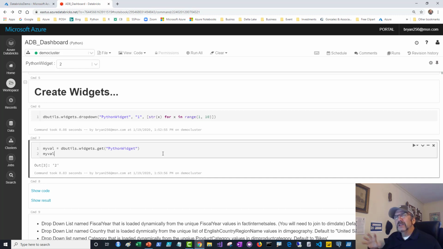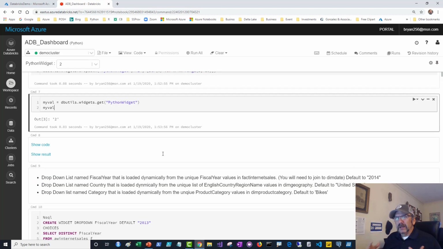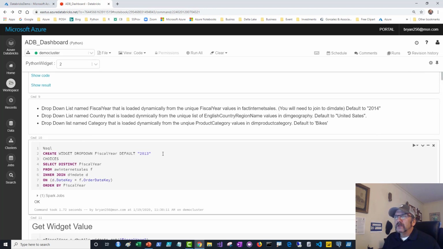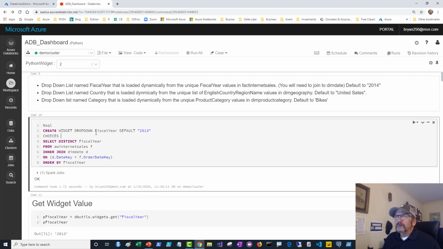Good. I'm not going to do a lot of stuff with the Python side of the interface. I'm going to do a lot more with SQL. Again, this isn't a widgets demo, but I don't think you can properly address a dashboard without looking at the widgets. So here I'm going to create a widget, a drop down, which is fiscal year,